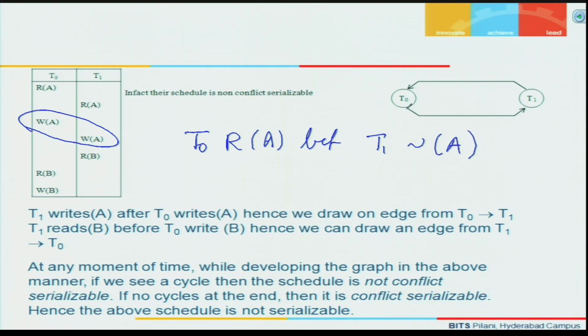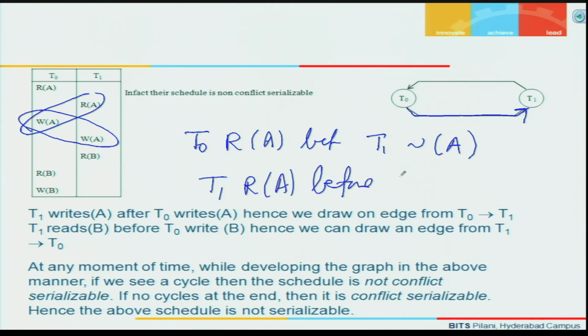Hence I can introduce an edge from T0 to T1, and at the same time, if I consider these two, T1 is reading data item A before T0 writes the data item A, hence I can introduce an edge from T1 to T0. You keep on introducing edges between these nodes which are representing the transactions that are taking part